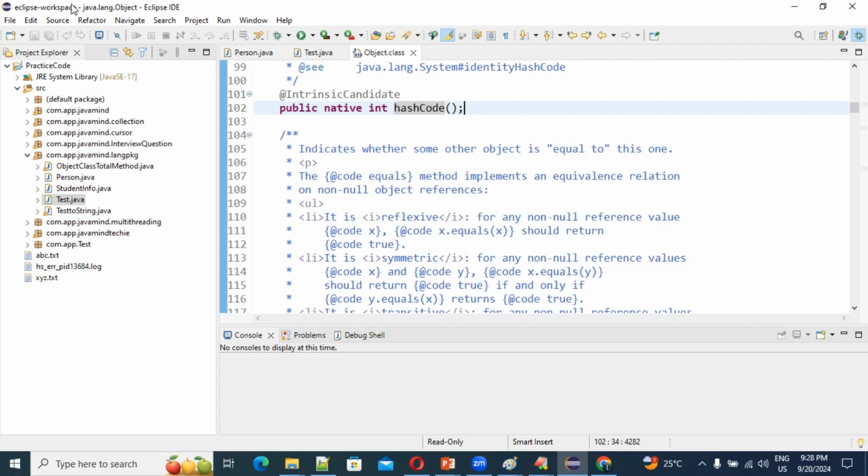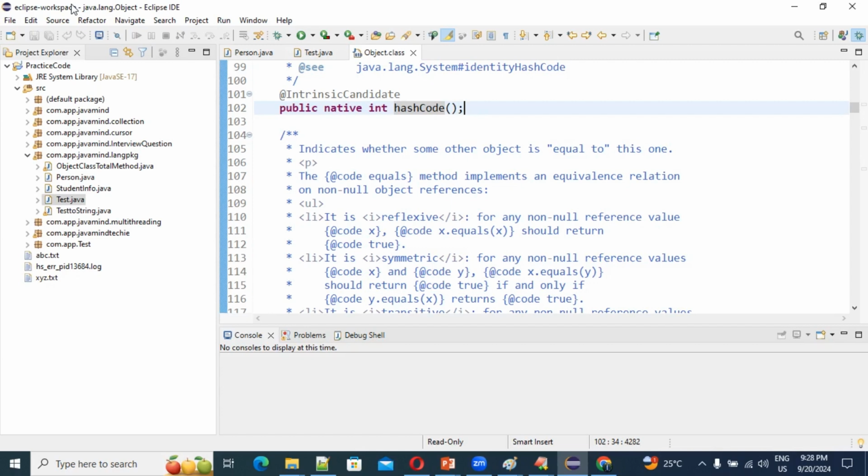So this is the concept, the thing you should know. If you know all these things, then your confidence level will be much higher. Then you will feel confident: yes, I know hash code as well. Only knowing the definition of hash code doesn't make sense. See, this hash code method is implemented in such a way